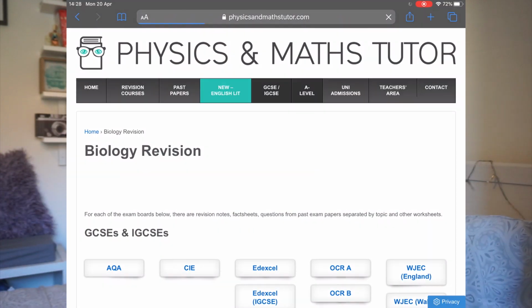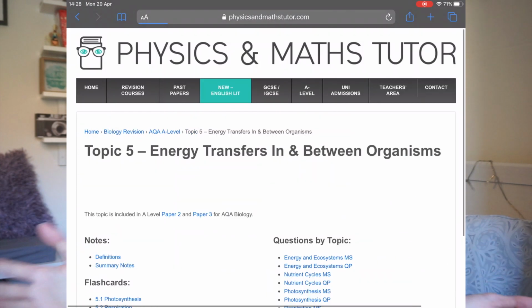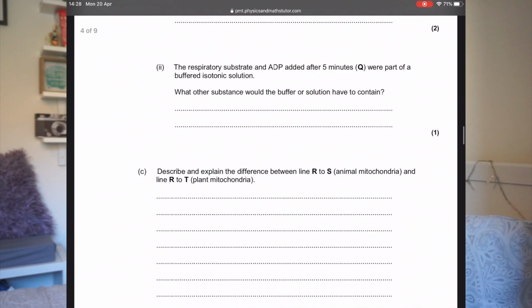My fourth and probably most important tip is use Physics and Maths Tutor. This website was literally a godsend to me during A-levels. It's essentially a website that hosts past paper questions by topic. So if I wanted to revise respiration in biology, I could literally get a booklet of past paper questions just on respiration. It was absolutely fantastic because the key to A-levels really is applying the knowledge, so doing as much past paper questions as you can is imperative. So I definitely recommend doing those and ensure that you do mark it and write in your mistakes.